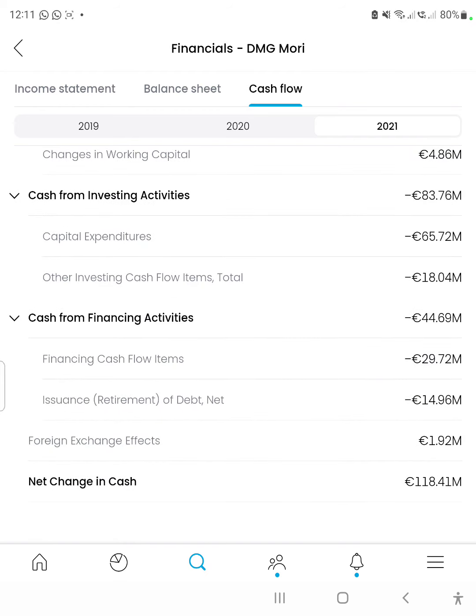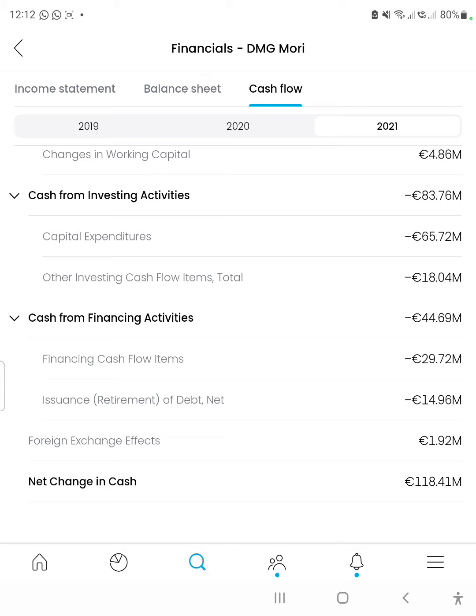The cash flow from investment activities was negative 83.7 million euros, and that was divided up into capital expenditures, which is expanding property, plant, and equipment. As you saw, the total assets increased from 2020 to 2021, and that's probably where it came from. The capital expenditures was 65 million euros, and the other investing cash flows received 18 million euros. The cash flow from financing activities swallowed up 44 million euros, and that was divided up into 29 million euros, which was